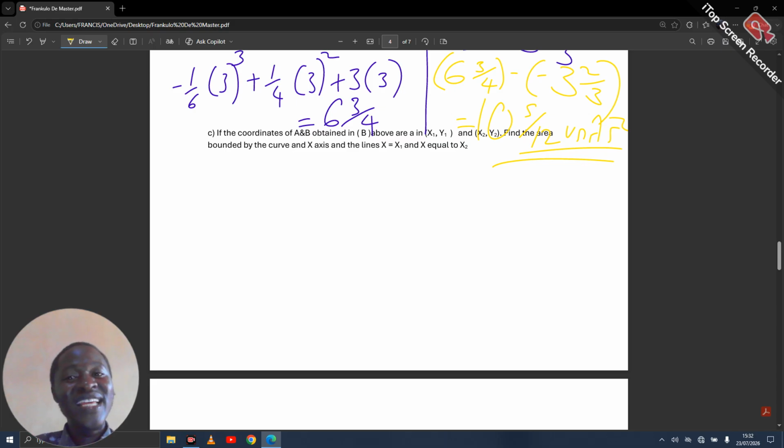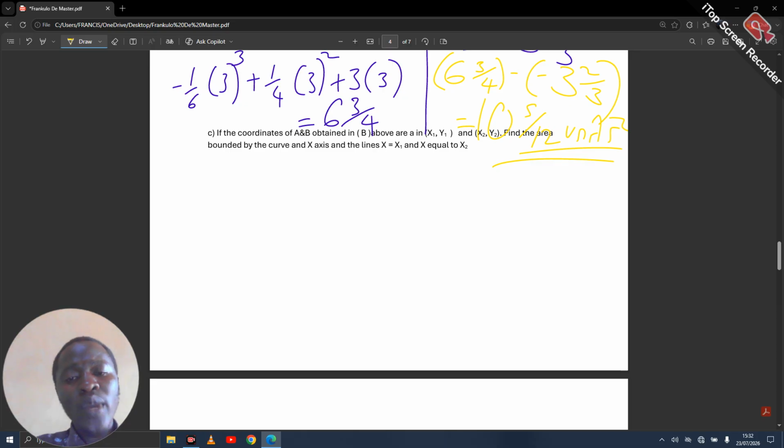Many students will just read this question, and just because of x1 and x2 being equated to the same as that other part, they say no. Don't be afraid of a question. Always try to read and understand the question. Make sure you connect it back to what it is saying in that previous part. So as for this one,